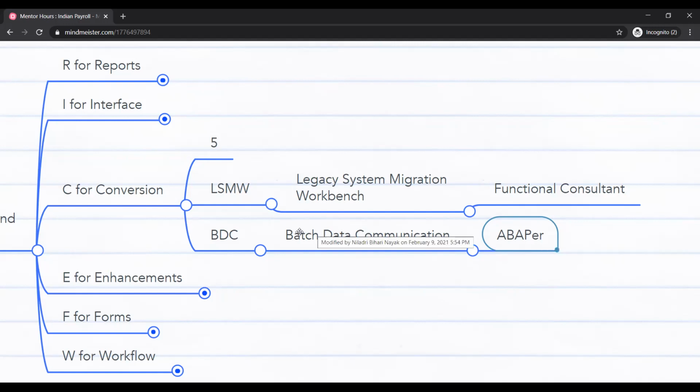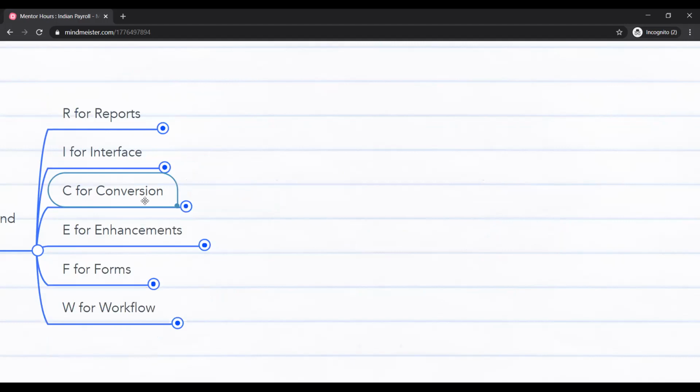Just execute that program and it will upload all the employees' data. It is as simple as that. So this is regarding the conversion program. Whenever you write a functional specification, you have to take care of what things you have to update in that.